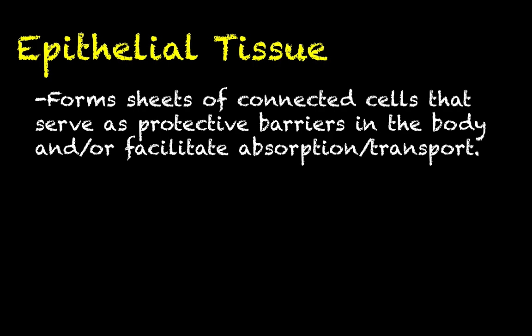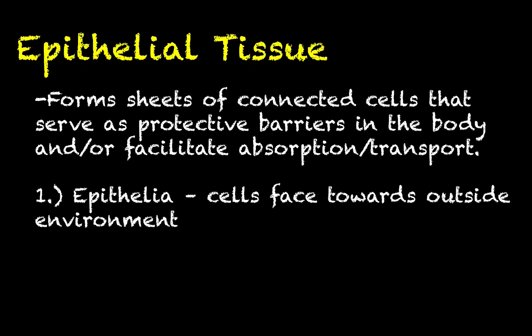talk about soon, and these sheets of cells tend to either serve as protective barriers in the body that separate body cavities from each other, separate fluid compartments from each other, and or facilitate absorption and transport processes, which we have talked about before. So to this end, there are two major types of cells that we can find in